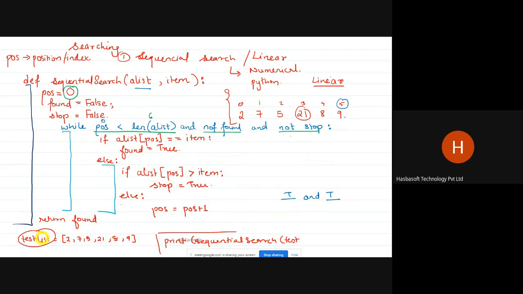I'm passing this variable test list, that is an array list here, and I'm also passing the value I want to find. Okay, let's run the code and see